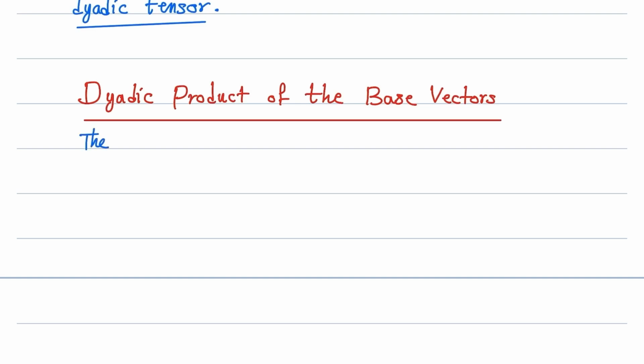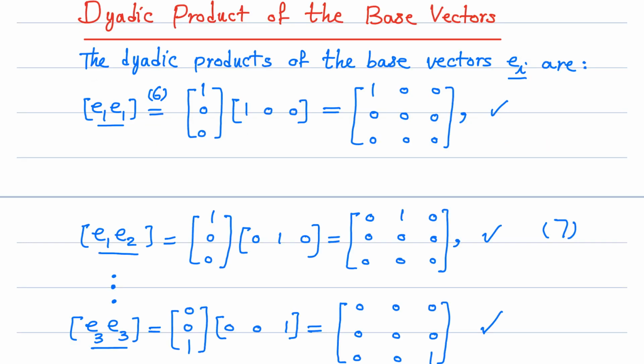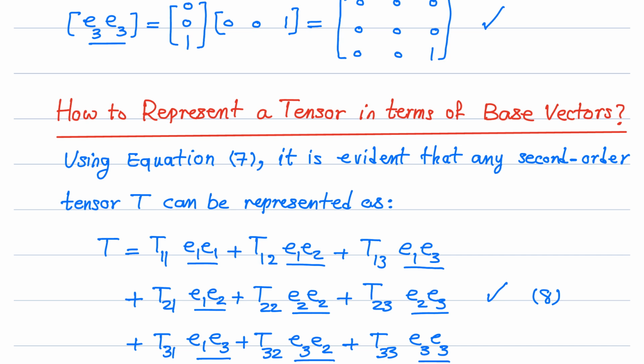Specifically, the dyadic products of the base vectors Ei are, how to represent a tensor in terms of the base vectors. Using equation 7, it is evident that any second-order tensor T can be represented as